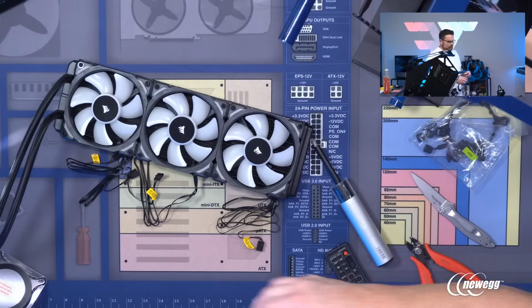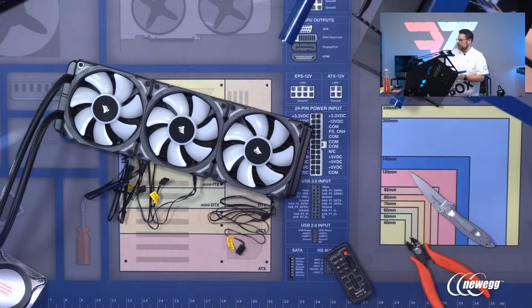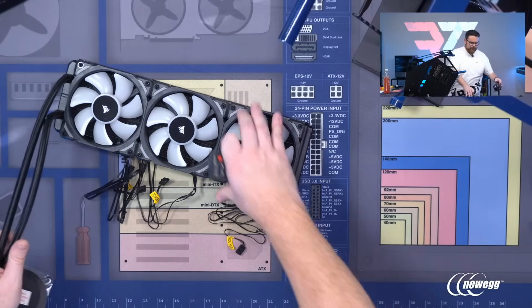This just has a lot of pieces to it, which is unfortunate, because it takes up almost the whole table just for parts. It makes it a little bit less streamer friendly, I think in this case, but